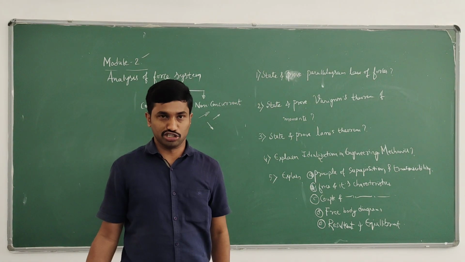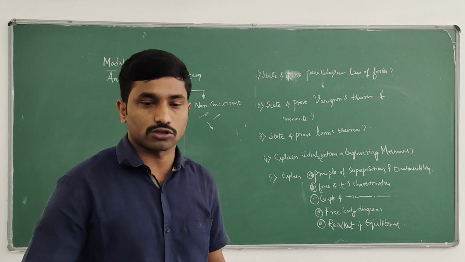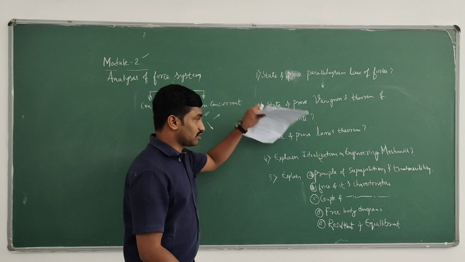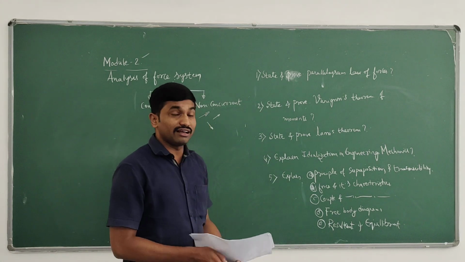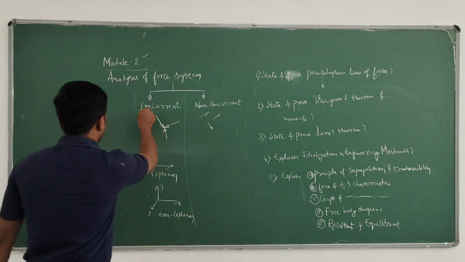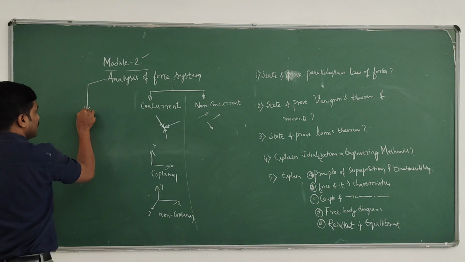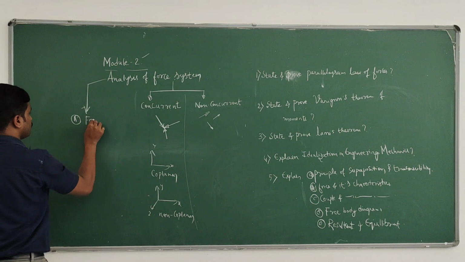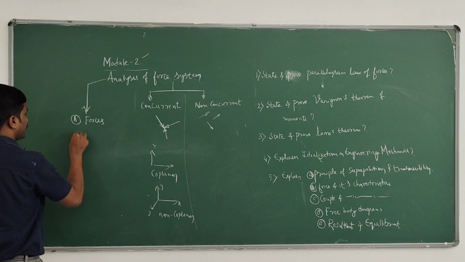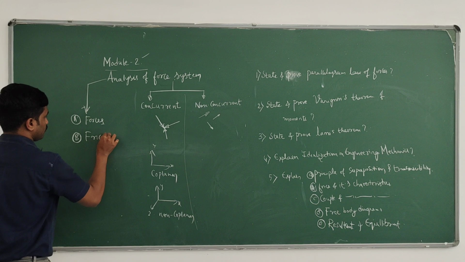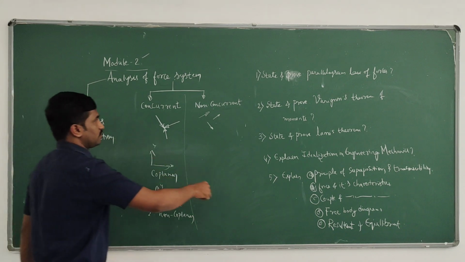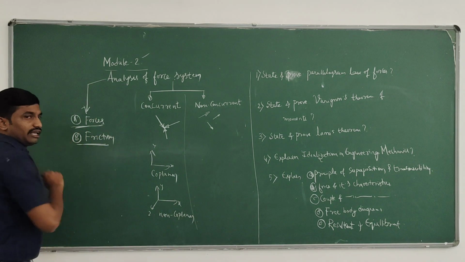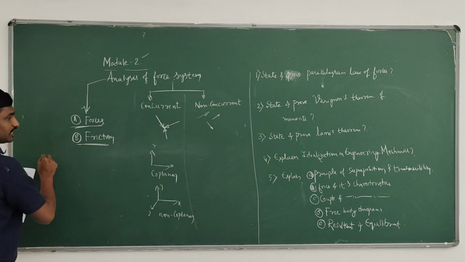In the final examination. Now we will discuss what are the numericals associated with module number 2. These are theory questions, and we have two parts in this particular module. You have section A, forces, and B, friction. So in forces, you have these theory questions, but in friction, the part B, you get a few theory questions like